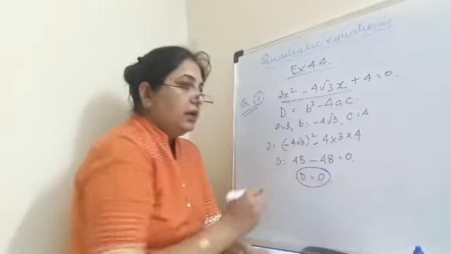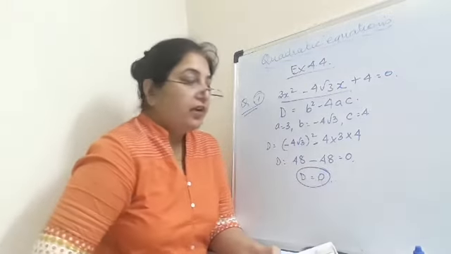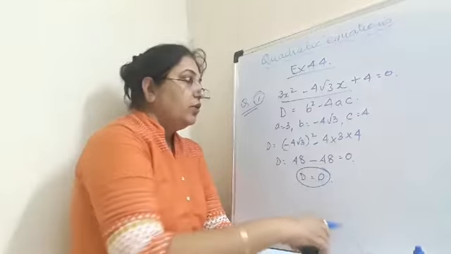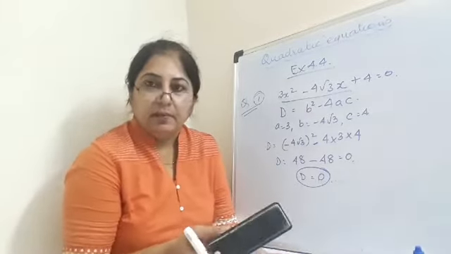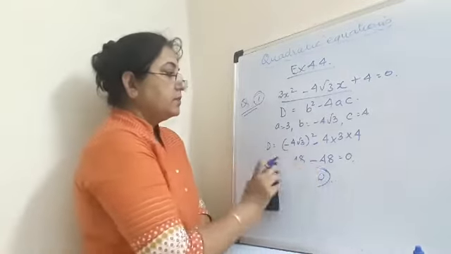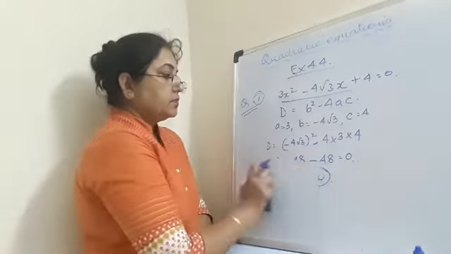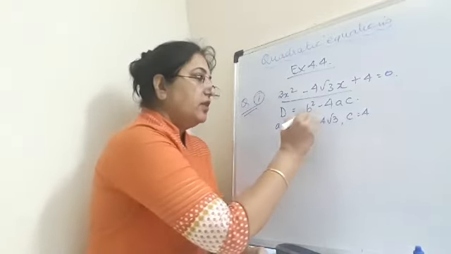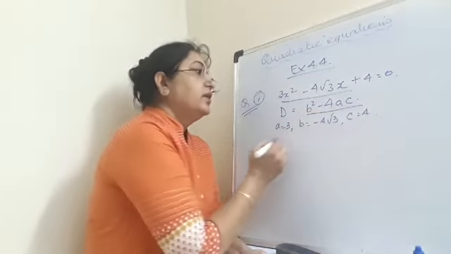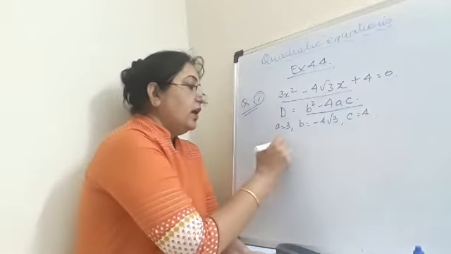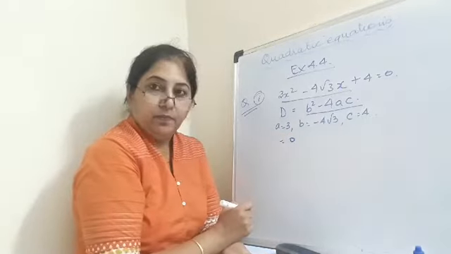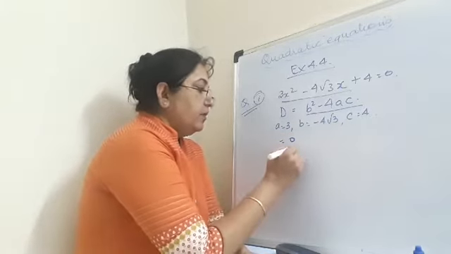Now we can say that the discriminant is equal to 0. Now when the discriminant is equal to 0, we will find the real roots. Now as I told you that you can use the quadratic formula method, or you can use the splitting the middle term method. But here it will be convenient for you to apply the formula method, because we have already taken out the value of b square minus 4ac, and it came out to be 0, right? So let's apply the formula.